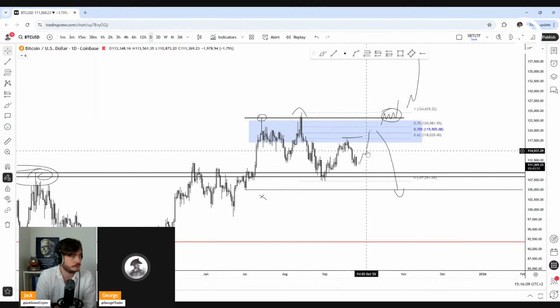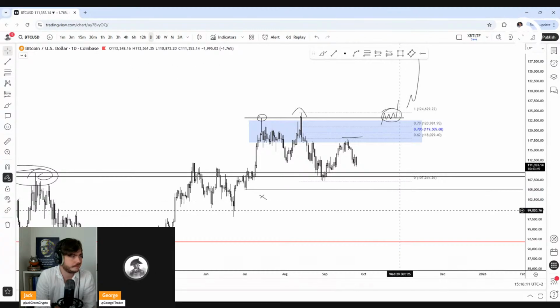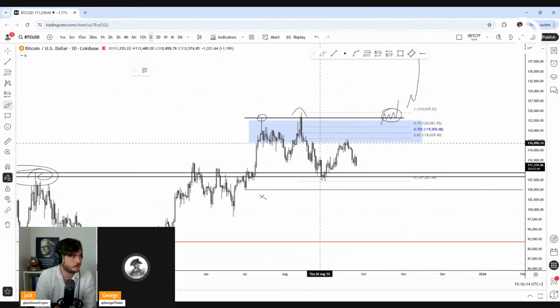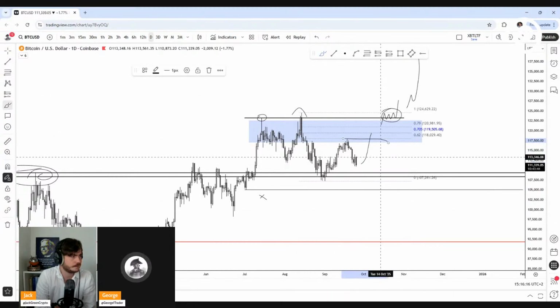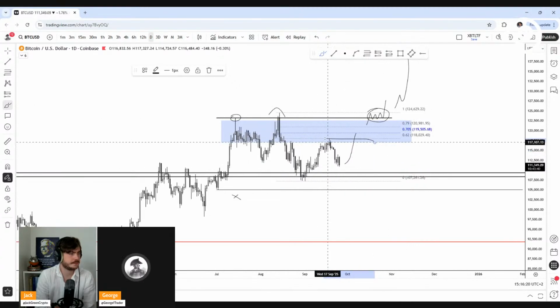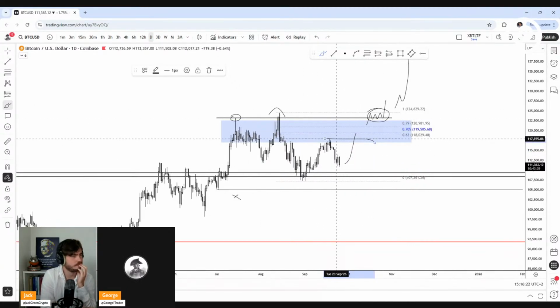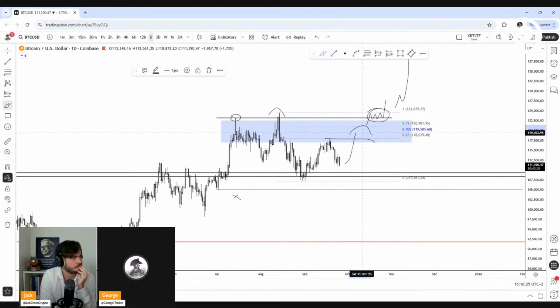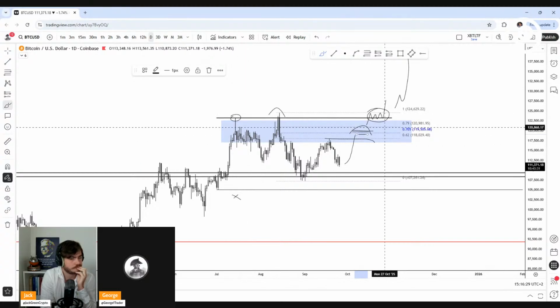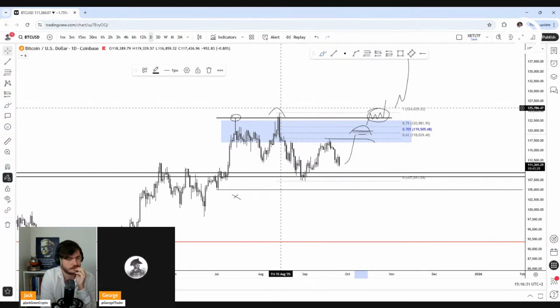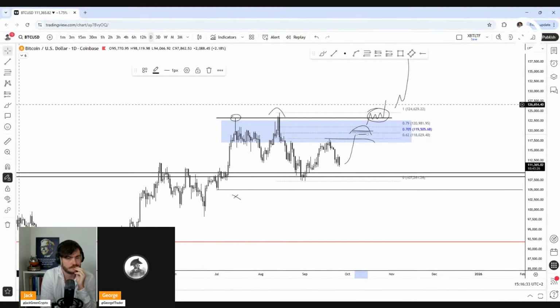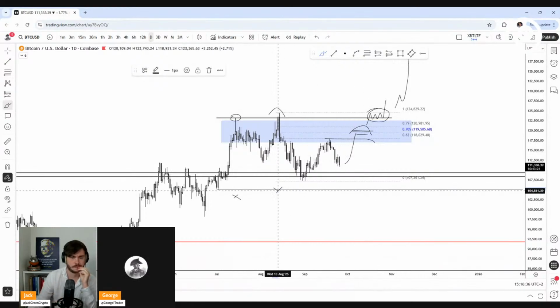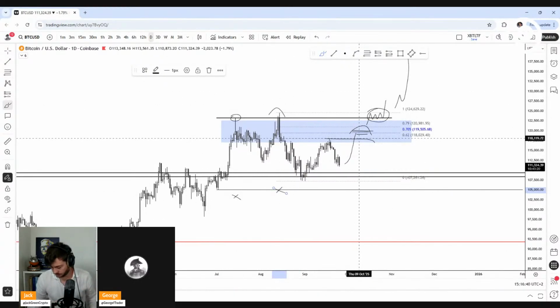It would be a brutal move. I think a lot of people wouldn't expect it, and a lot of people will get trapped if we bounce from here and go to these highs. But at that point, what would that be? For me, at least, a daily sweep of key liquidity to the upside, and a great short opportunity with clean risk rewards and a clean invalidation above these levels and a nice target down to these lows. On the other hand, if you don't want to go for it, that's your choice.